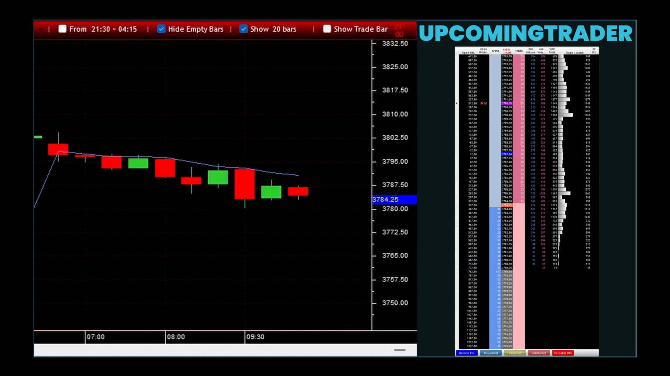2. Entry points. The completion of the 3 outside down pattern signals a potential bearish reversal if it occurs at the end of an uptrend or a bearish continuation in a downtrend. Traders often wait until the 3rd candle closes to confirm the pattern before considering a short position. An additional confirmation might come from other indicators such as moving averages or relative strength index (RSI) to reinforce the